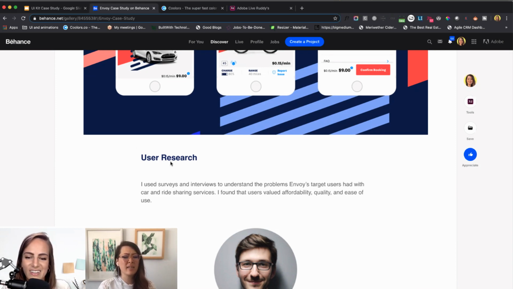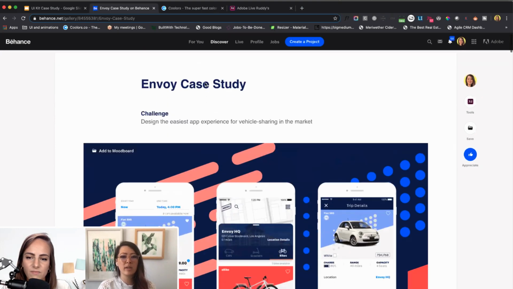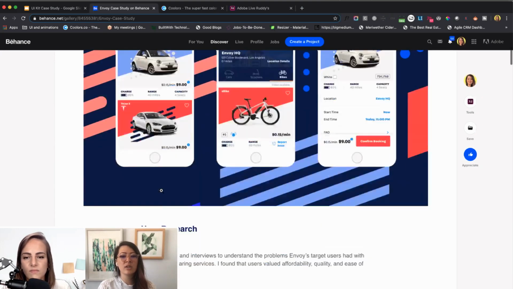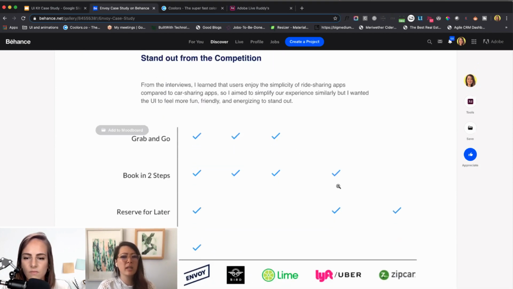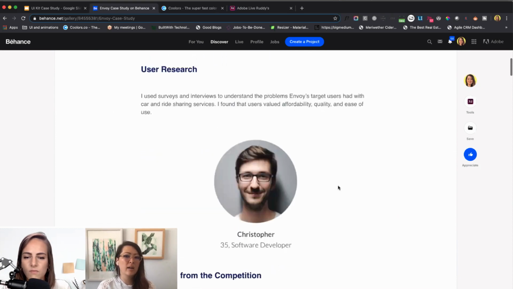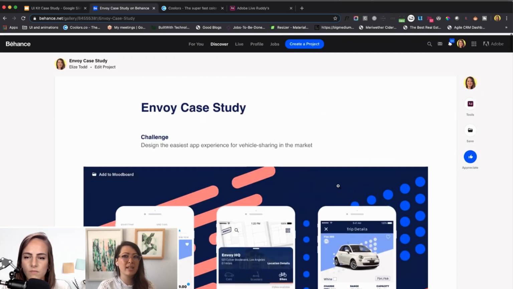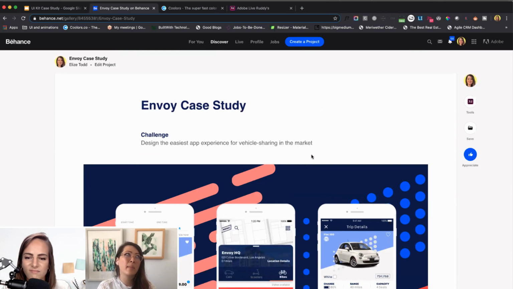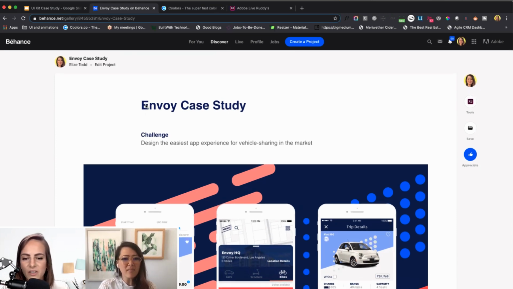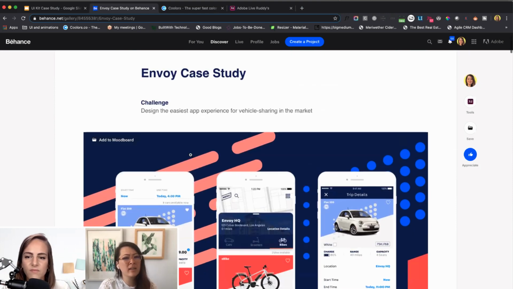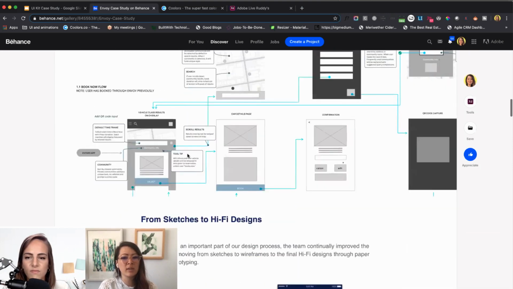Can you tell a story? And I mentioned this yesterday. Can you tell enough of a story with all the headings? Challenge, user research, this. Can I tell a story with the images I select so that somebody doesn't have to read that much further to be able to be like, okay, she's competent, she knows what she's doing. Because again, that's what I do. I just look at headings, and this is how I usually skim, really. I look at this, I go, challenge, do I not understand it? And I'll just scroll like this, really quickly.